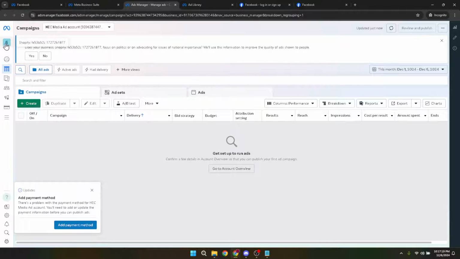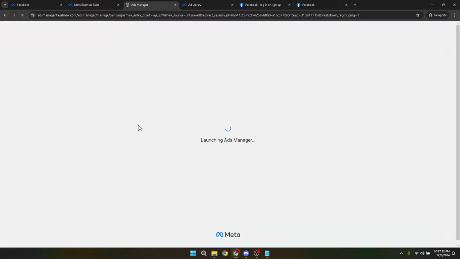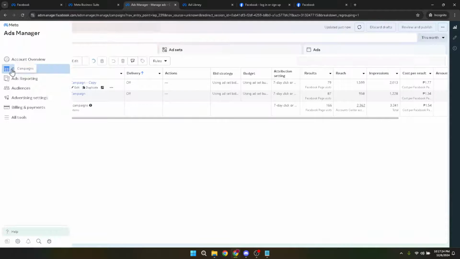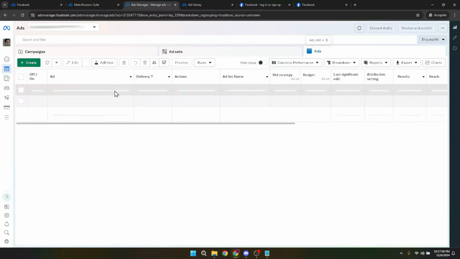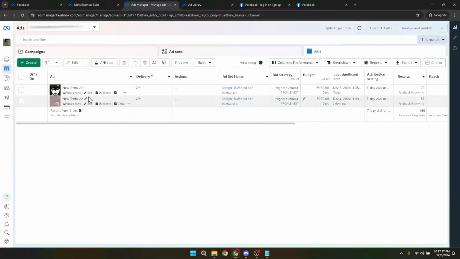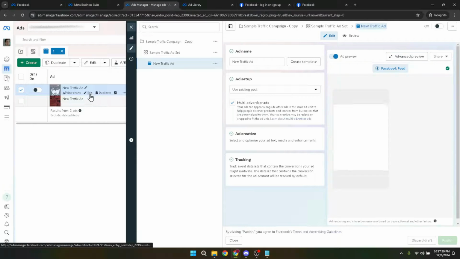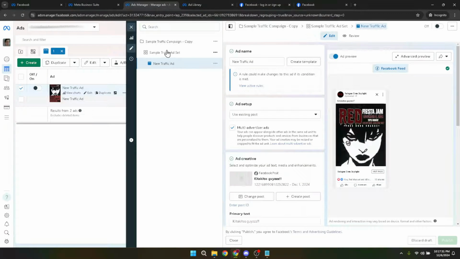It's important to be specific about which ad you want to optimize with keywords, as different ads might target different audiences or objectives. Once you've identified the ad you want to work with, click on Edit. This action opens up all the settings and details of your ad, allowing you to make changes to its configuration. Think of this as the backstage of your ad where everything can be adjusted, from creative elements to targeting options.